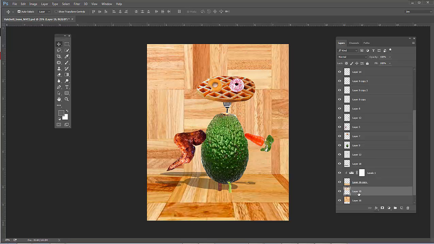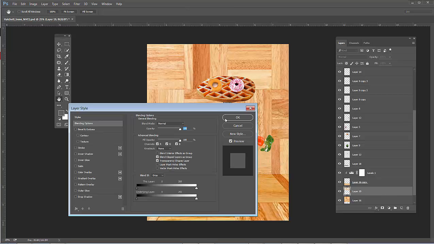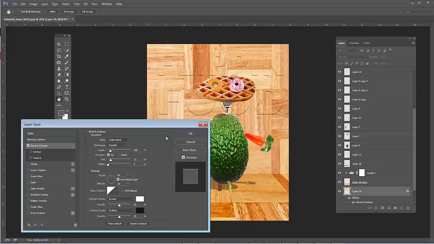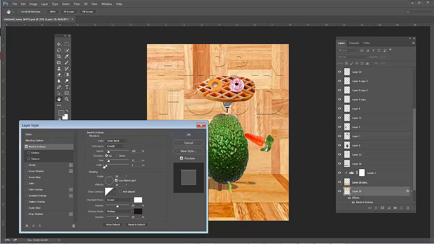That will copy what's in that selection to the layer above from the background. So you have that. Then I'm going to create a layer style for that. So I'm going to double click on that layer here, layer 19, and then select bevel and emboss, and you instantly see something here. It's a nice subtle way of creating the illusion of the text, and you can start fooling around with these